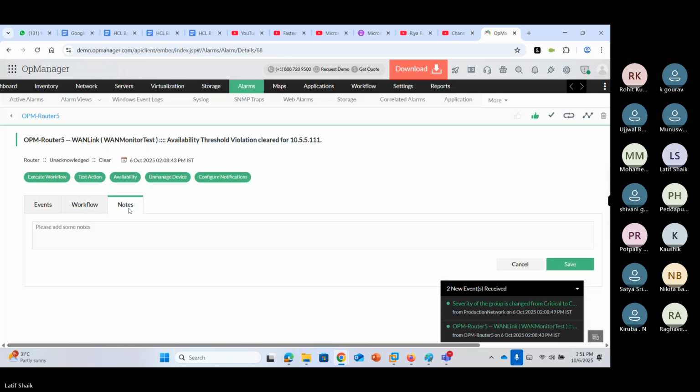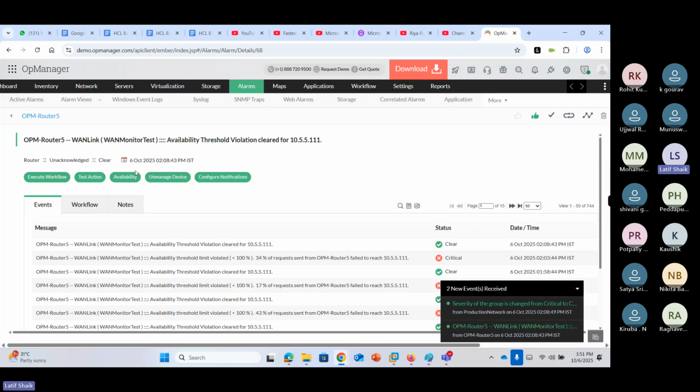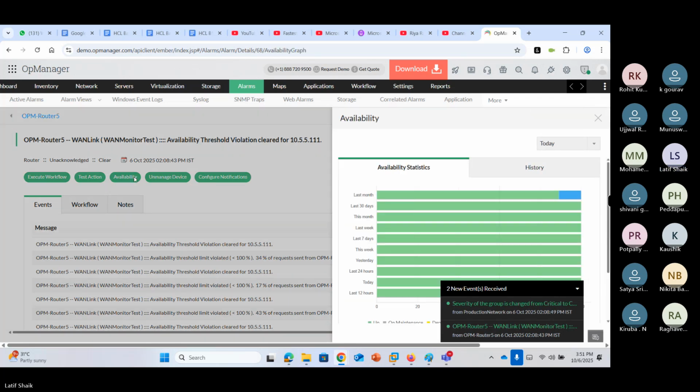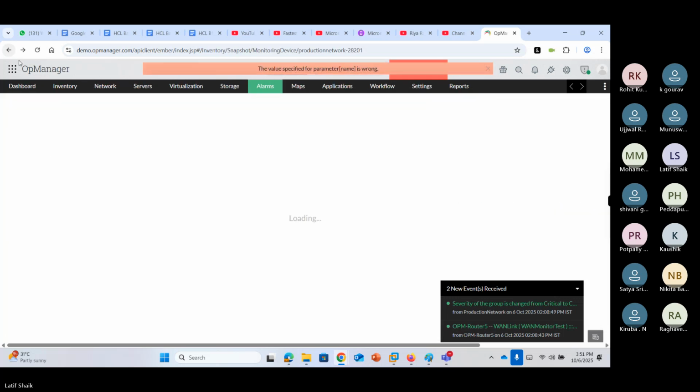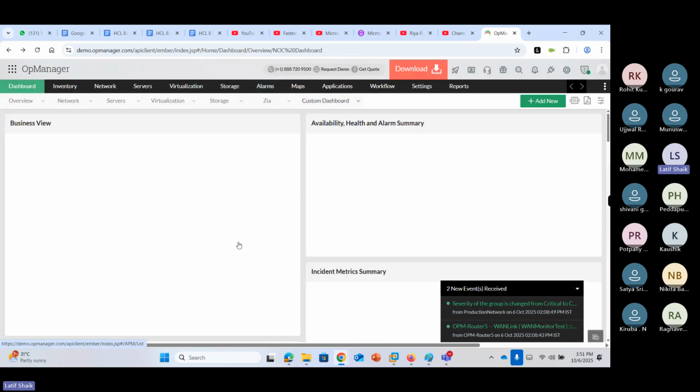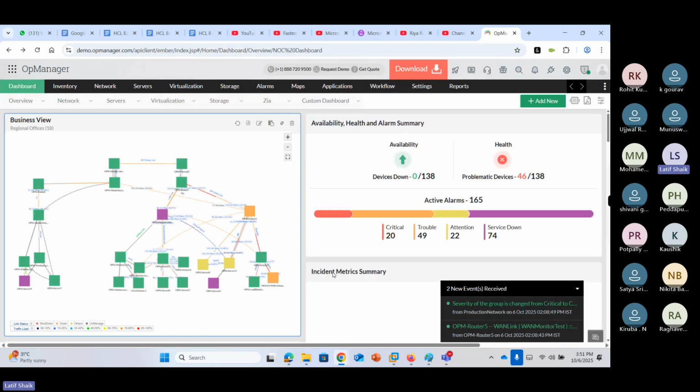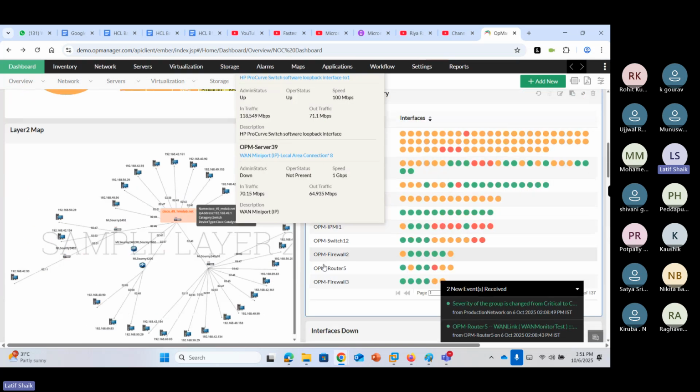Workflows, notes, availabilities, this kind of stuff. It's not loading, so I'm waiting. There's some kind of error. Anyway, we can understand from here.